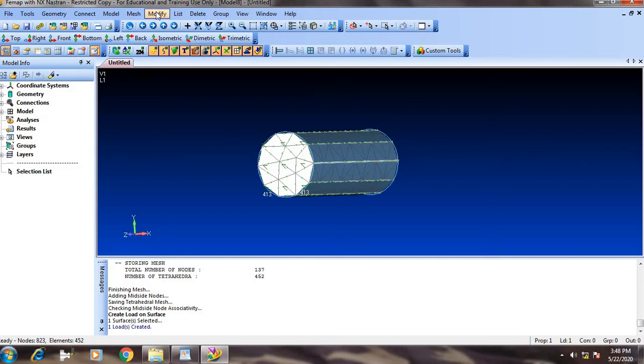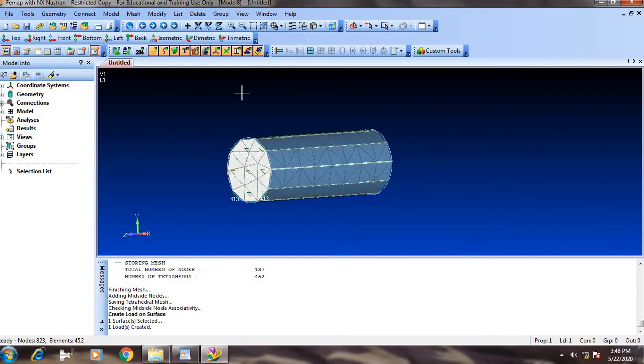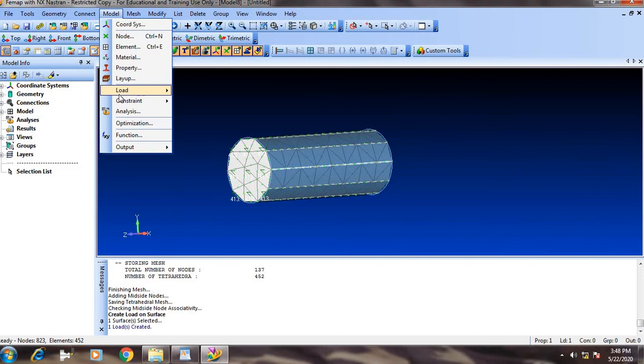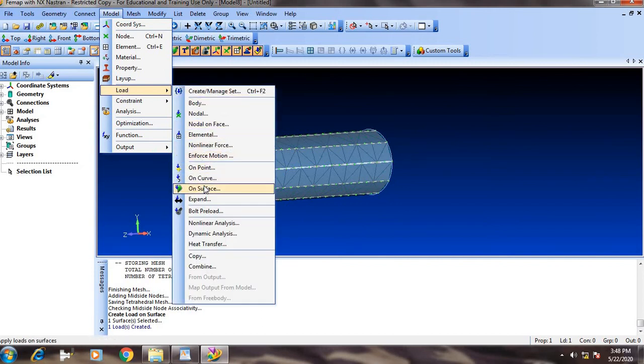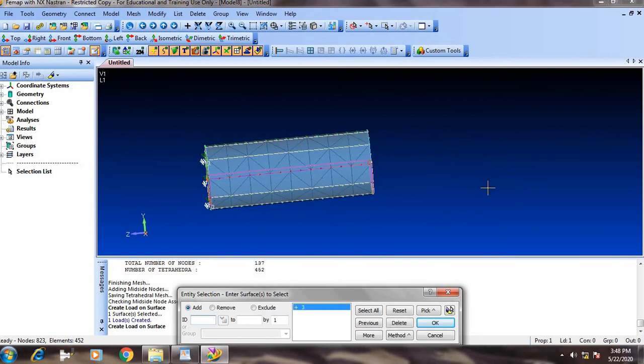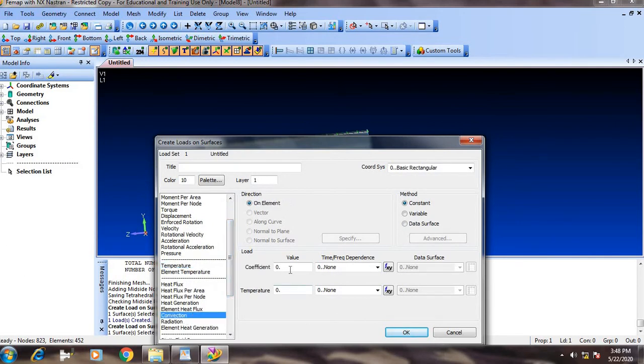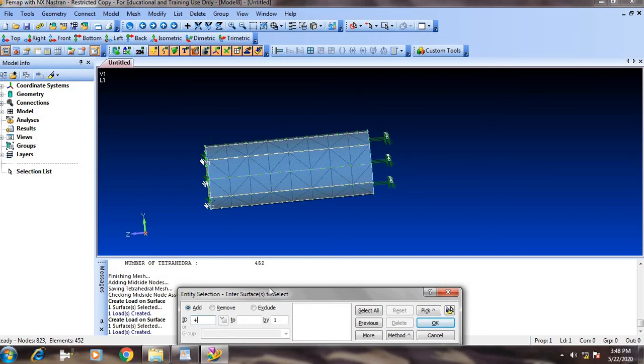Next, the same procedure again. Model, load, on surface. The other end is subjected to convection. Select convection and define the coefficient, that is 5, and the temperature as 40 plus, just a minute.